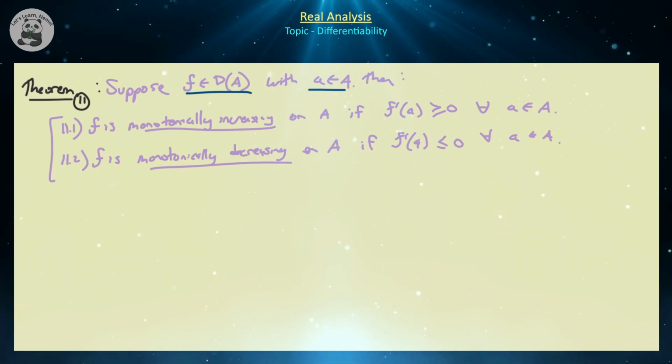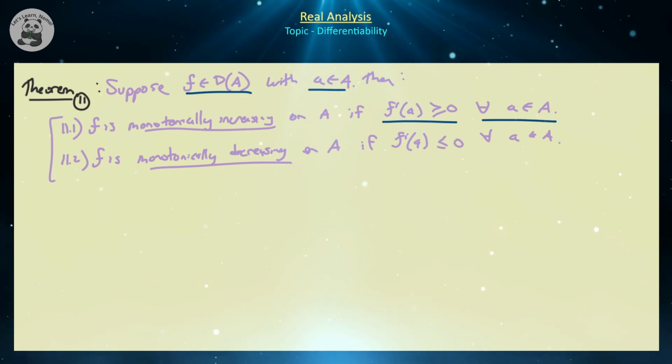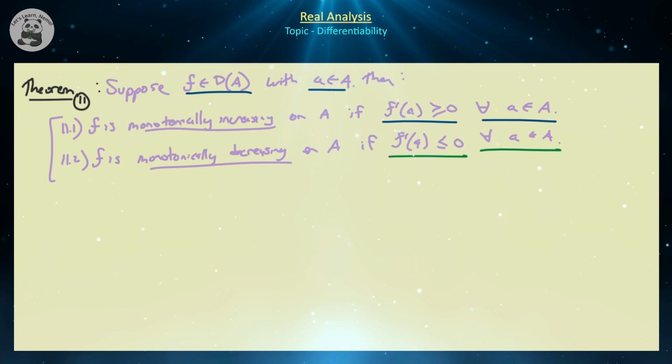Then f is monotonically increasing on a if f prime of a is greater than or equal to 0 for all a in the domain. And we're going to say that this function is monotonically decreasing on a if f prime of a is less than or equal to 0 for all a in that domain. And we will add the word strictly, strictly monotonically increasing and strictly monotonically decreasing, if we remove the equality sign on